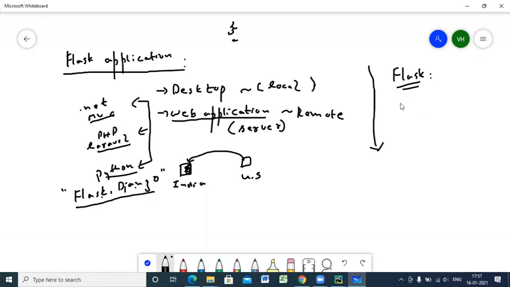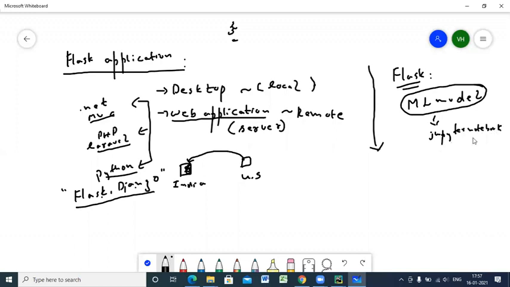Why do we require a web application? Let me say that you have developed a machine learning model, an ML model. When you develop a machine learning model and run it in your Jupyter notebook, it is visible only when you run the Jupyter notebook. And there is no good user interface. You can just run it and get the output. But if you want your machine learning model to be visible to an unknown user, that is, a person who doesn't know anything about machine learning, how can he run the code?